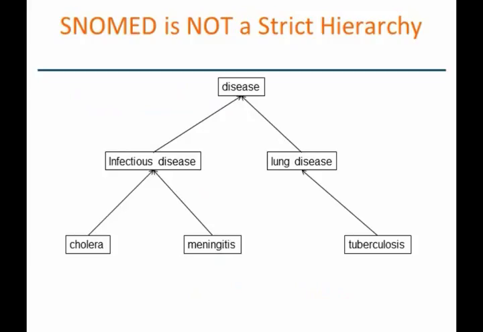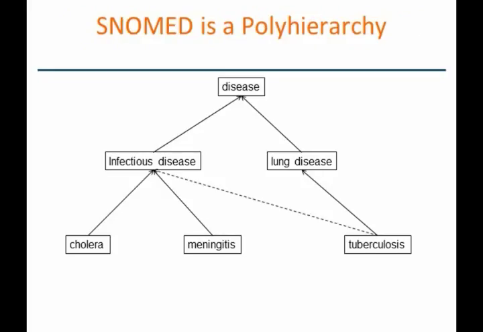But the first thing to note about SNOMED is that it's not a strict hierarchy. That is, a strict hierarchy would be something like this, where there are no other arrows, that cholera and meningitis are infectious diseases and tuberculosis is a lung disease. Well, we know that's not true. We know that tuberculosis is both an infectious disease and a lung disease. And we see here a characteristic of SNOMED, that it's not an ontology, it is a polyhierarchy, which has great value